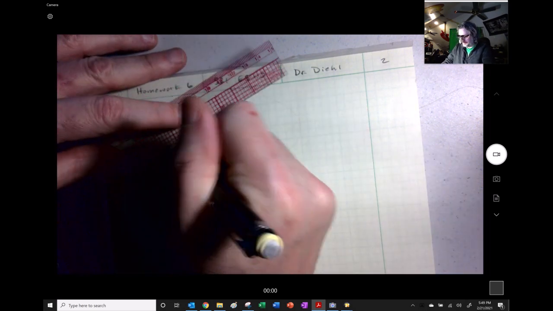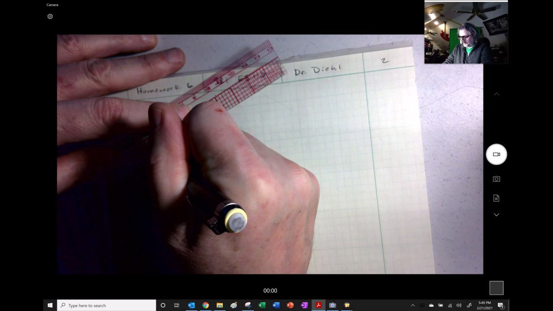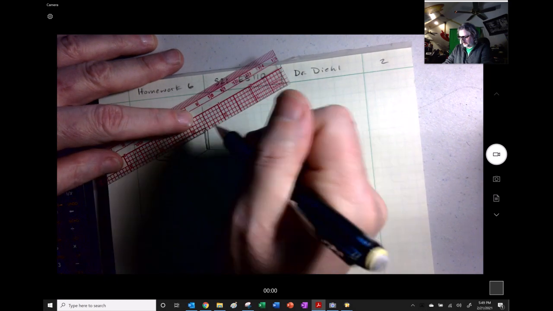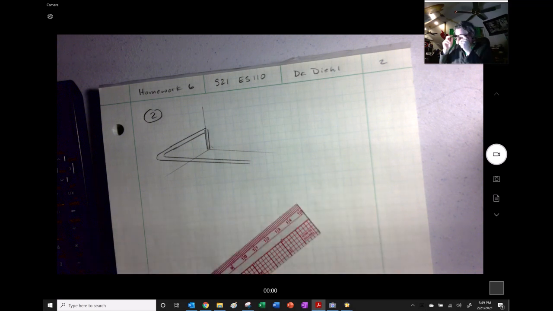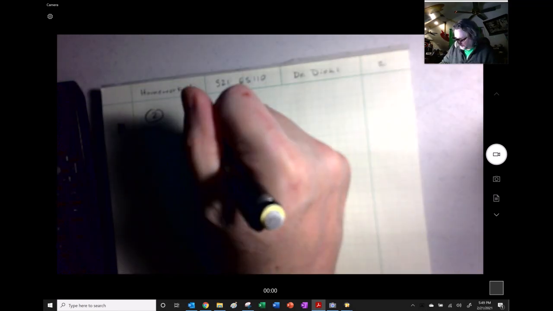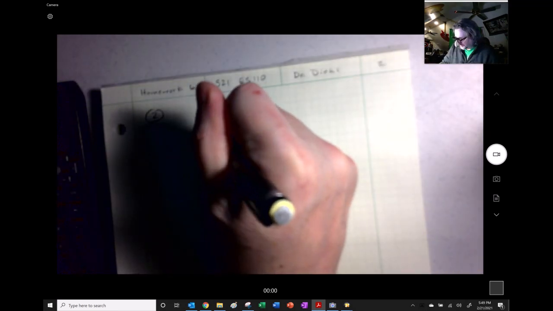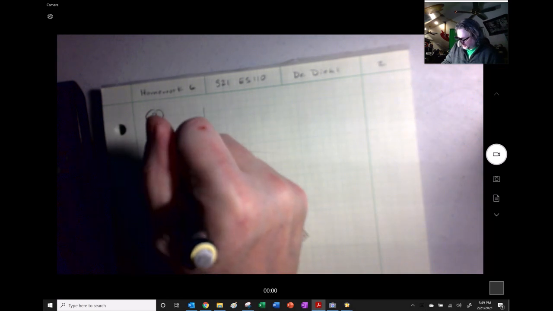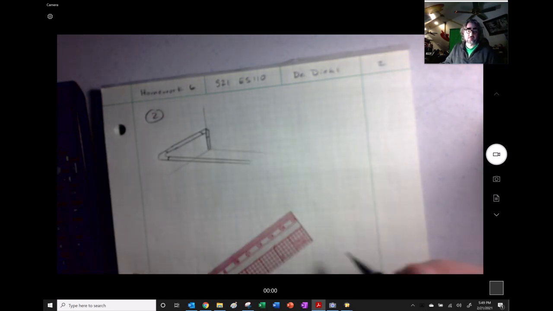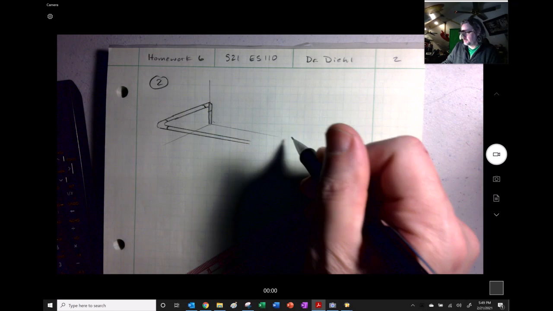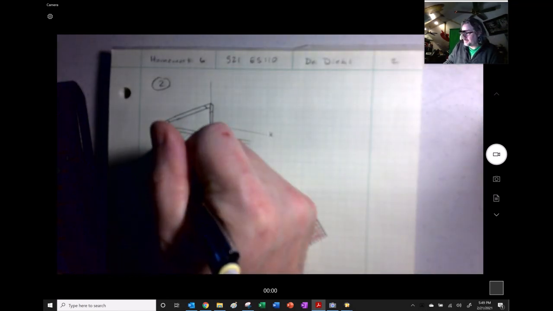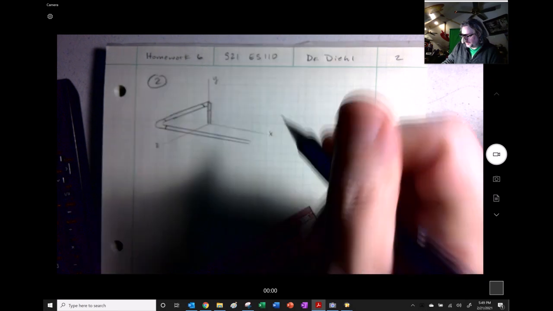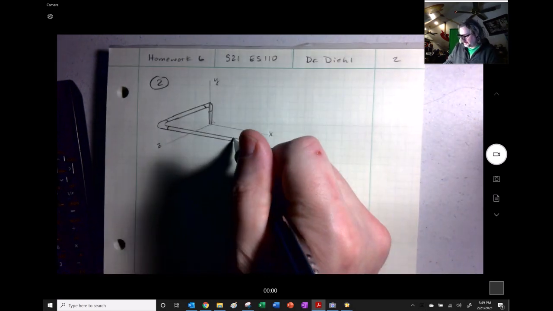Yeah, it didn't do a great job. All right, something like that. Okay, and here's my pipe fittings. Right in there, and let's see, here's my X, here's my Z, here's my Y, and